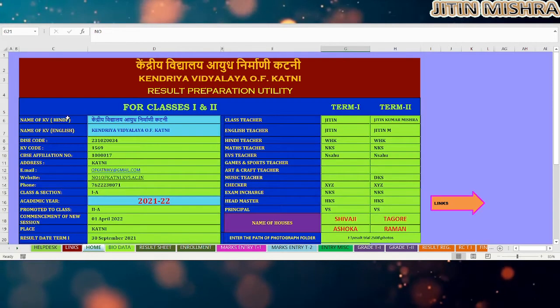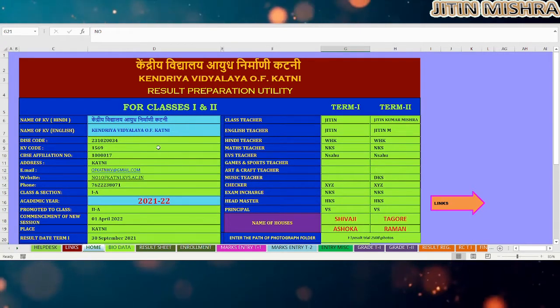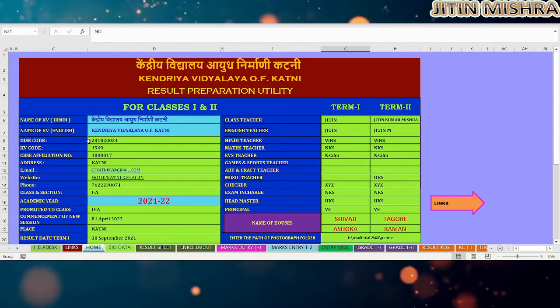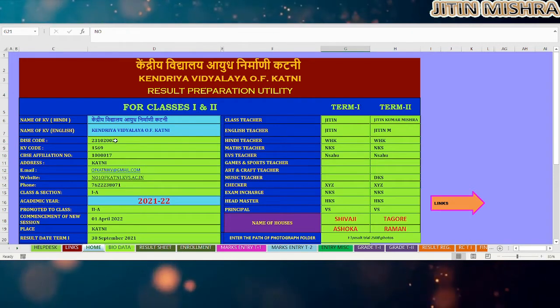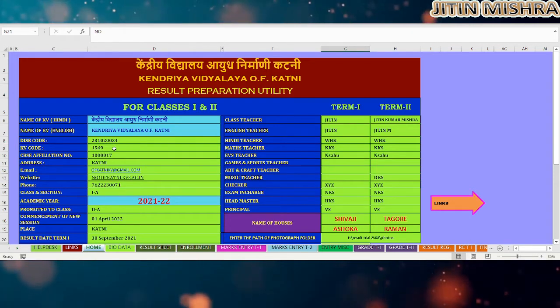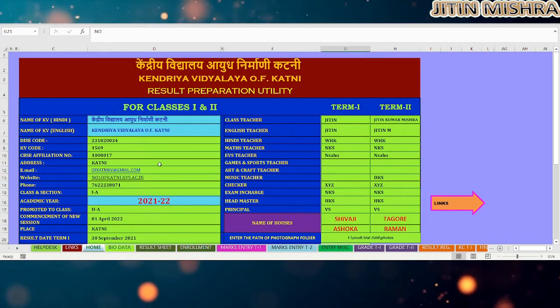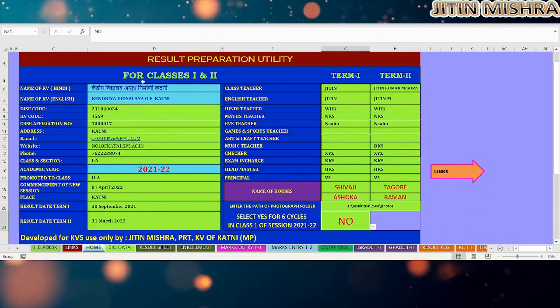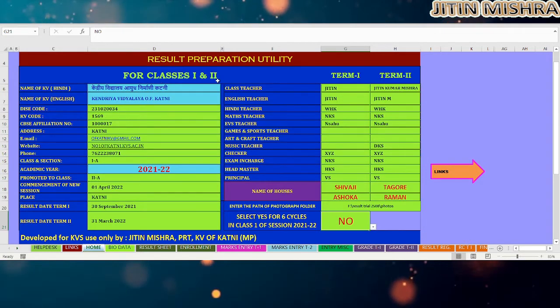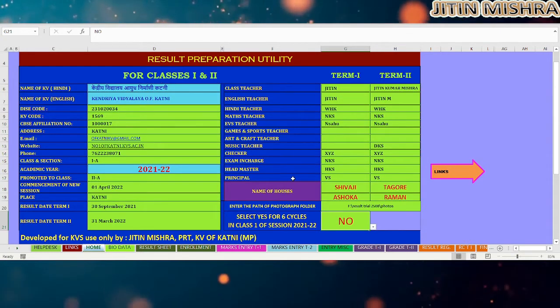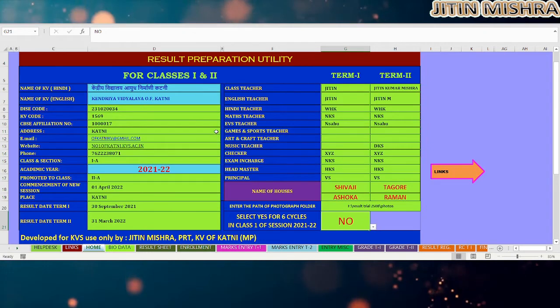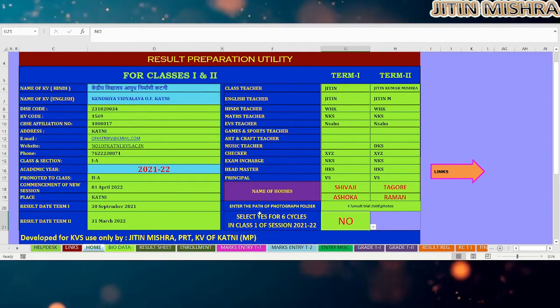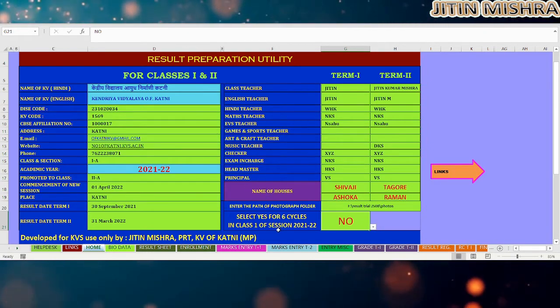First we have to go to the home page. Here you have to fill the DISE code of your school, if you have the KV code, CBSE affiliation code and all other details related to your class. As this is for class 1 and 2, only for class 1 in 2021-22, 6 cycles are decided by KVS.